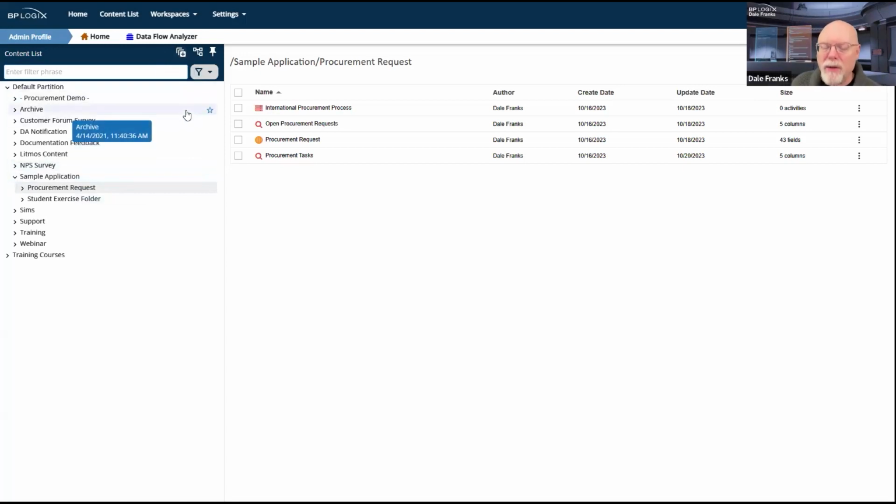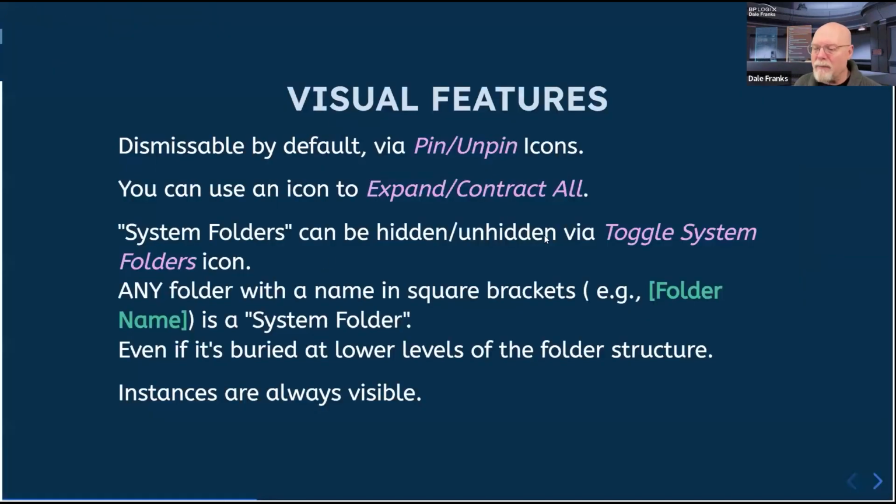Another feature that we have are the system folders. We can hide and unhide those system folders via another icon called toggle system folders. And we have to be a little careful about this. Any folder with a name in square brackets is considered a system folder. Honestly, there's no concept of system folders in Process Director.